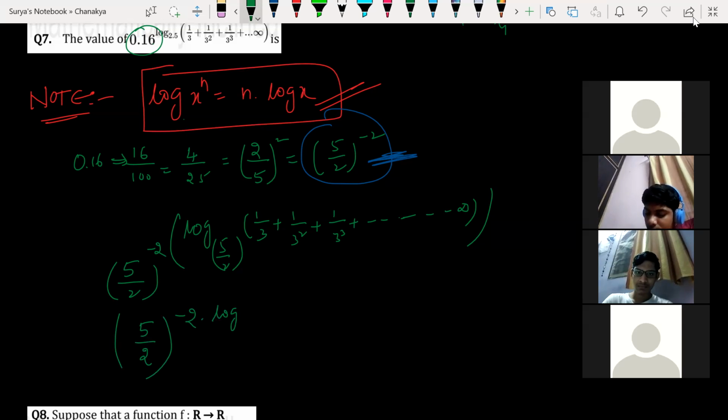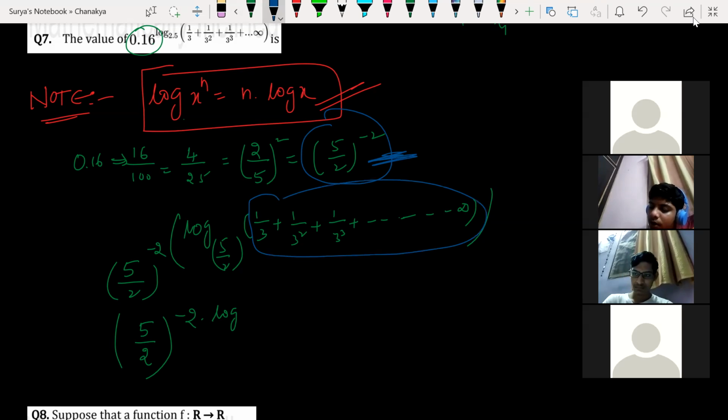See here. Guys, here what can I get? The sum of all this. Sum of this series. This is an infinite series. So S infinite is equal to A by 1 minus R. What is A here? 1 by 3. What is R here? 1 by 9 divided by 1 by 3, so again 1 by 3. So 1 by 3 divided by 2 by 3. What I got here? S infinite is equal to half.